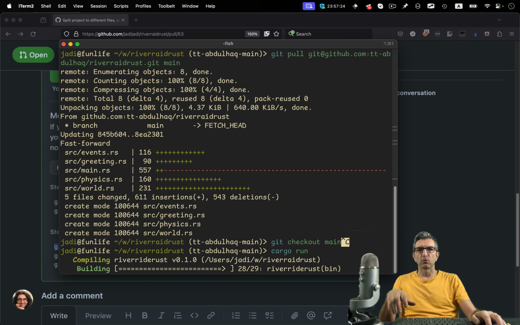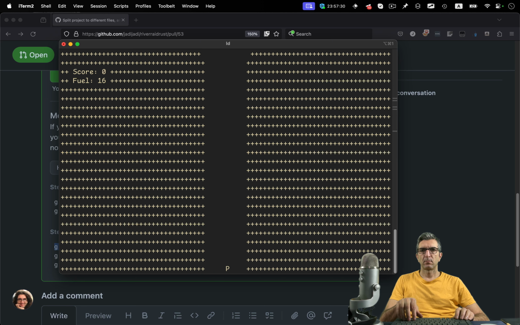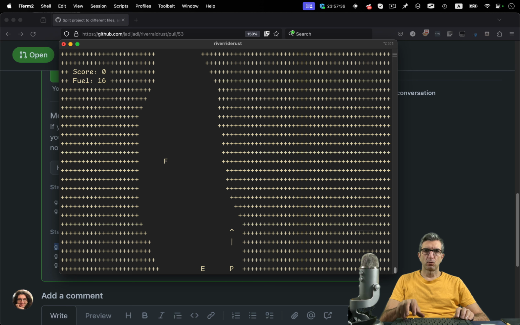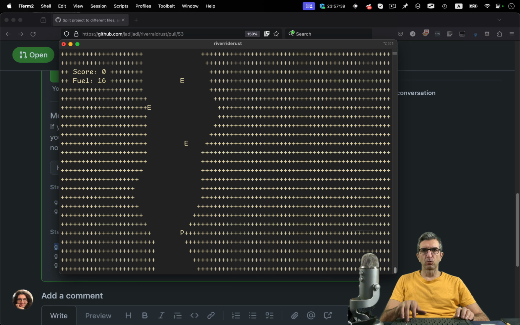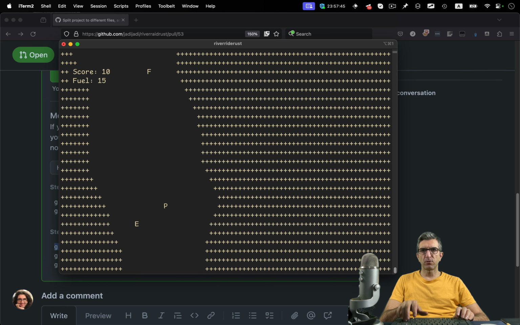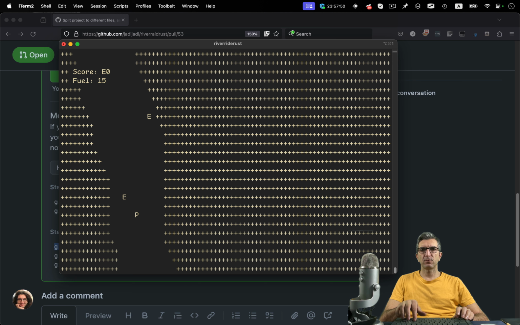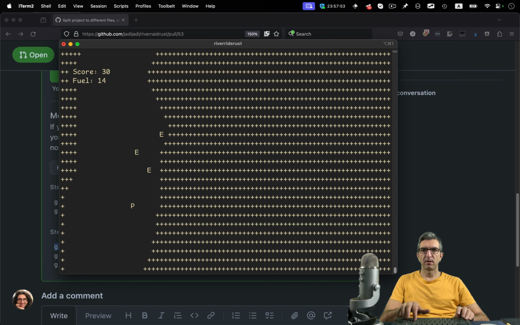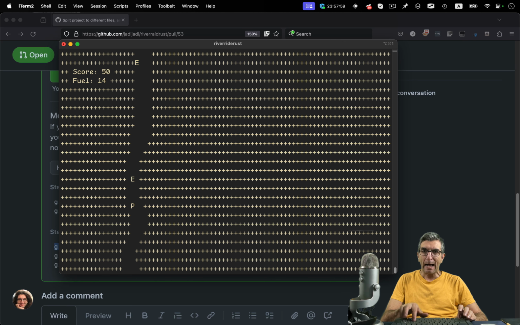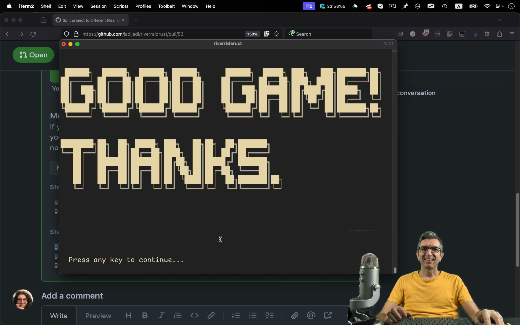Now we have this, cargo run. Just want to check, okay. My bullets don't go. Fuel, we need fuel. Okay, this is fuel. We refueled. Nice. Everything looks fine. We have a bug. We always go to the left more than we go to the right. I did it. I'm a good player. Anyway, cute. Okay, I exited. Thank you very much, Abdulhaq.